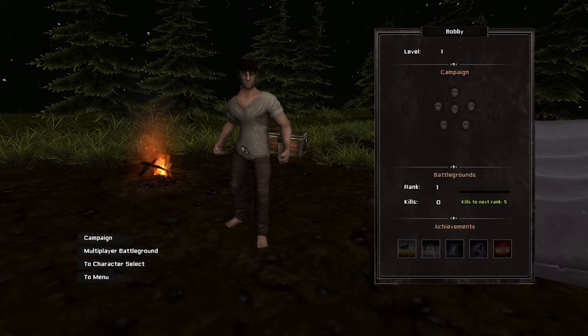So let's hop in here. And now we get to see our character and what we've got. There is a multiplayer battleground, which I couldn't be bothered with. I doubt anybody really has it. Supposedly you could have got it through a bundle and been playing it on Desura as well. I'm not sure. And yeah. So let's go to the campaign